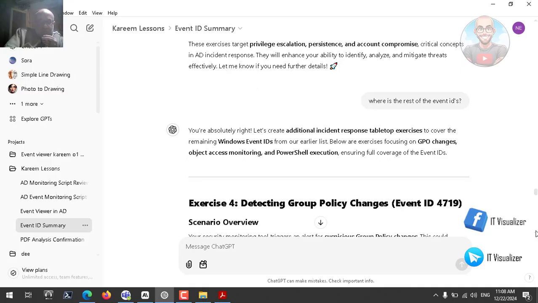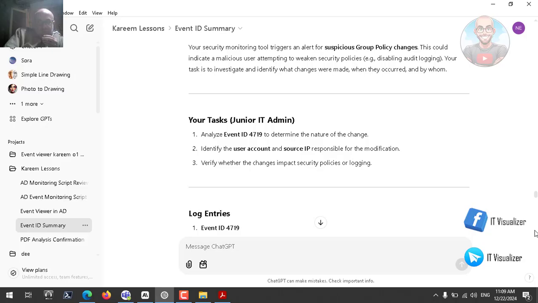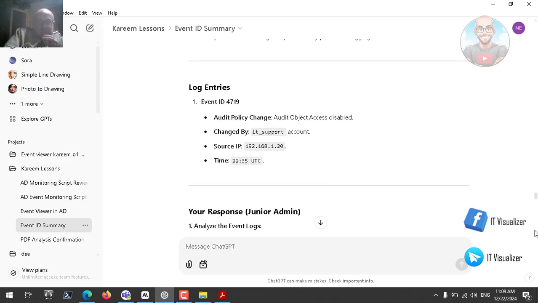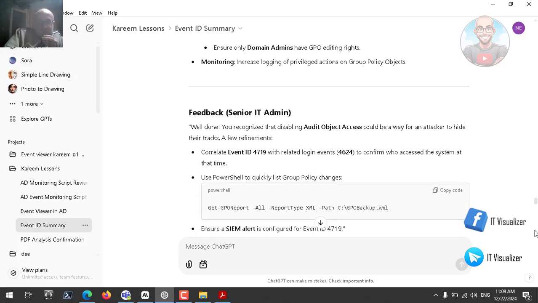So here I'm asking him to give me all of the IDs or event IDs in the PDF. I have already uploaded the PDF to him and he is giving me exercises on them. So let's see. Group policy changes. We have seen this before also. This we have seen, group policy changes,